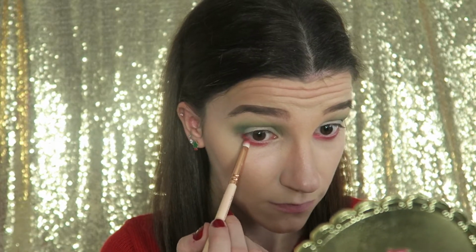And of course I'll be taking the red shade here in the MUA Colour Burst palette and I'll be applying that to my lower lash line. So I did want a gold eyeshadow to finish off the eye makeup look, but both palettes don't have that in them, so I've decided to choose two different palettes for this part. So for the high end part I'm going to be going in with the Too Faced gingerbread